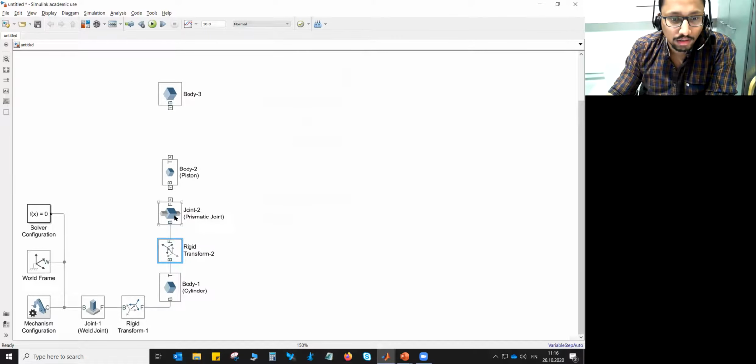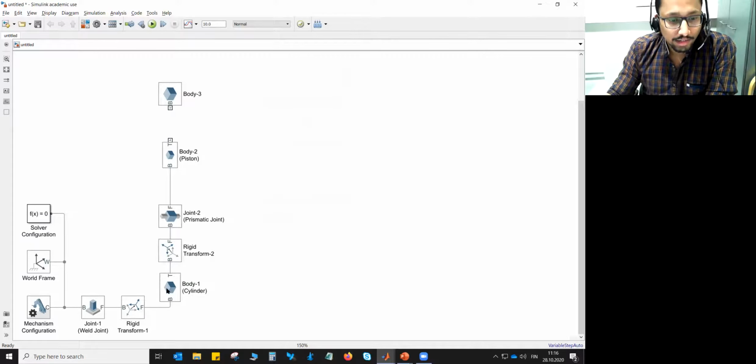This joint needs to be at this distance inside the cylinder. So once you have done that, I think it's fine to make the connections as shown, and then obviously it will be connected to body 2.